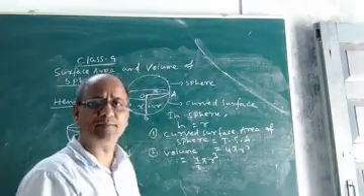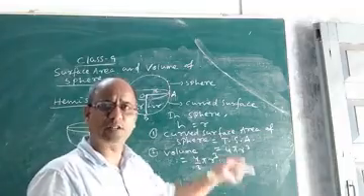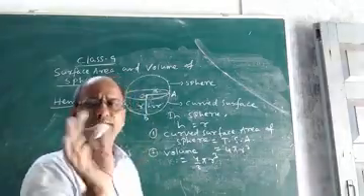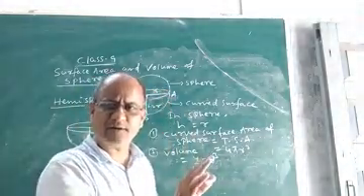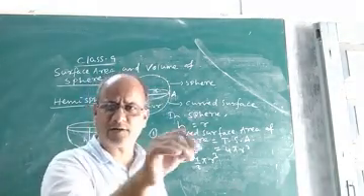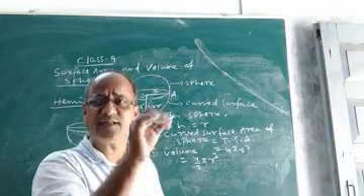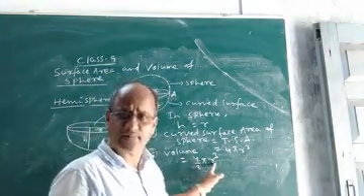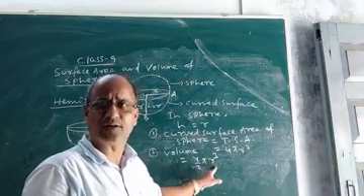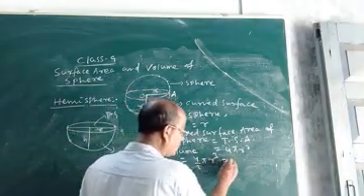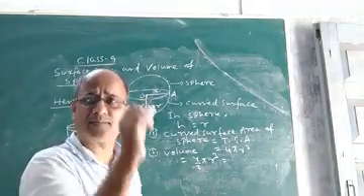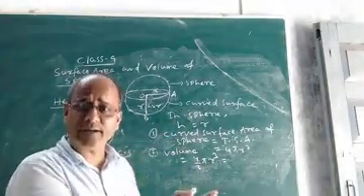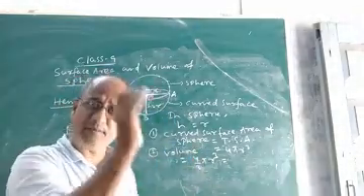Suppose in a question you are given the diameter, not the radius. When the diameter is given, without converting the diameter into radius, we can also find the volume of a sphere. You know the relation between diameter and radius: radius is half the diameter, that means r equals d by 2. So in place of r, we can put d by 2. Let us put it and find out what will be the formula for the volume of a sphere when the diameter is given, without converting the diameter into radius.